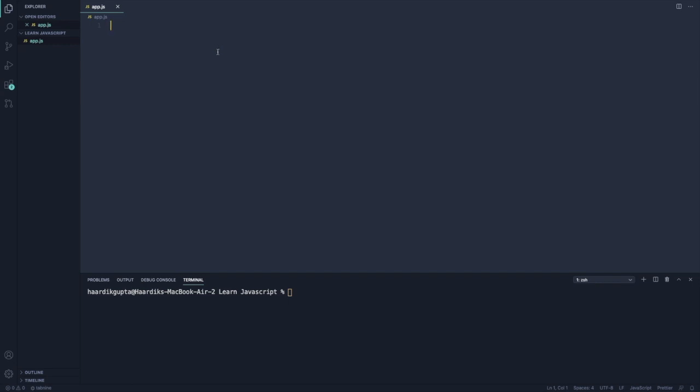First thing I'm going to go through is variables. Variables are what store data in JavaScript. There are three types of variables: var, const, and lastly, let. Const and let were introduced in ES6, which is a new version of JavaScript. Var is kind of outdated. You can use it, but it's kind of